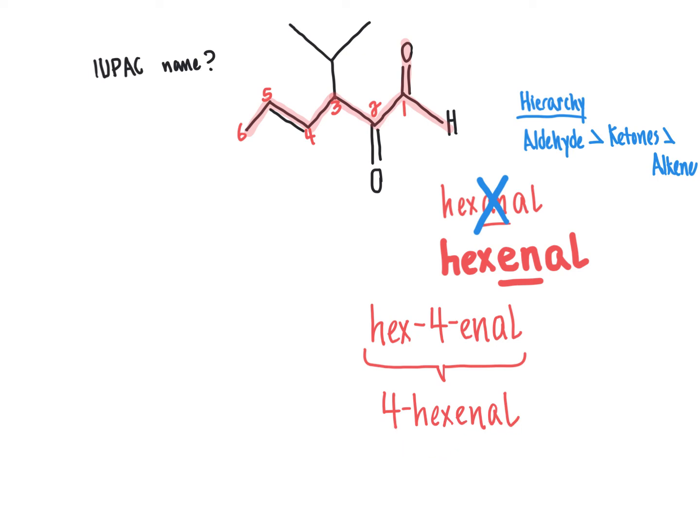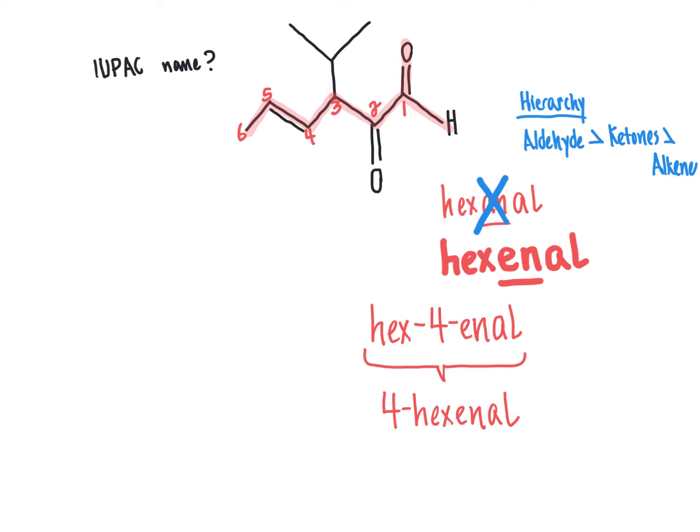It can't possibly go with the aldehyde group because an aldehyde group by definition has to be at carbon number 1 of the chain always. That's why we don't designate that it's at position 1, because that's where it has to be. So it would be redundant to say it's at position 1. So hex-4-enal or 4-hexenal would be the parent name, and that incorporates everything that we've highlighted in pink, including